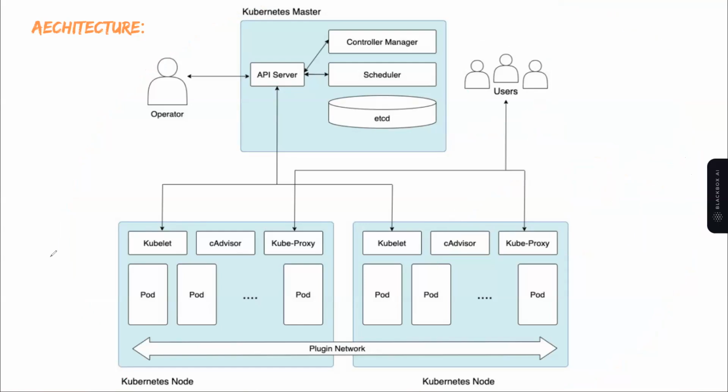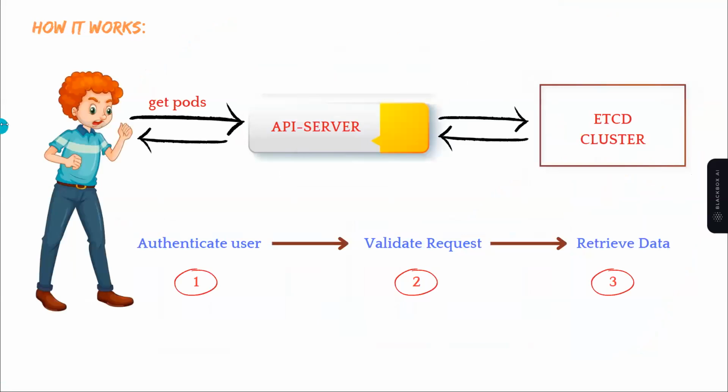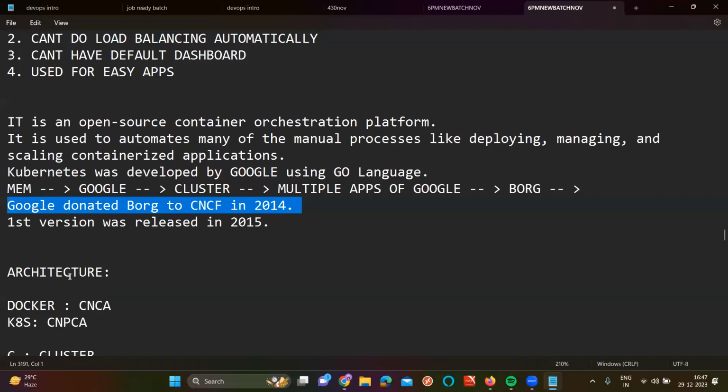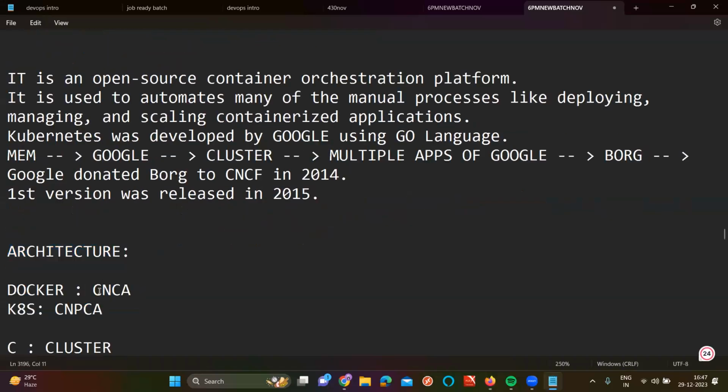Let me explain more here. So if you go and see, you can see this architecture. I have given the clear architecture. First of all, in Docker you will be having cluster: C for cluster, N for node, C for container, A for application. But in Kubernetes, first of all you will have the cluster. Inside the cluster, you will be having node. But between node and container, what will you be having here? Pod, right? So after pod, you will be having container. If you understand this one, Kubernetes is going to be very, very easy.